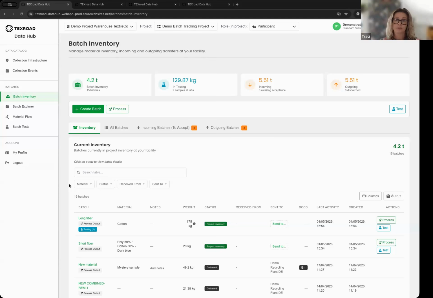The first is from an individual project partner perspective, and each partner can see in their own batch inventory what is an active material or what's an active batch within their inventory in the project today. It essentially centralizes all of the batches that get created that are still active.